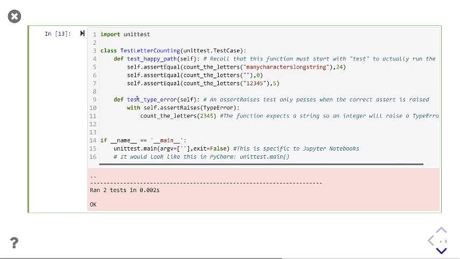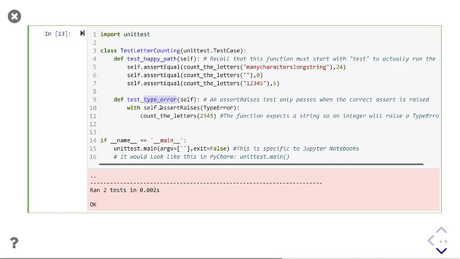And then this next one, I'm doing another group of tests that is not happy path. I'm testing type error. And this is the syntax for assert raises. I want to ensure that if I send this thing bad data, it raises as I expect it to. And this sometimes seems a little bit weird because why would I want my function, or my program, to fail? However, it is important because I want to know that if a user comes into my program and puts in a bad input, that my program